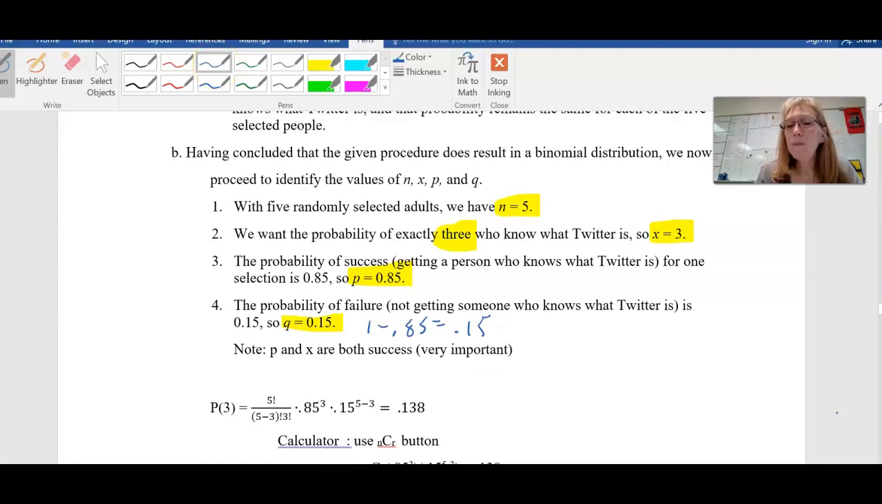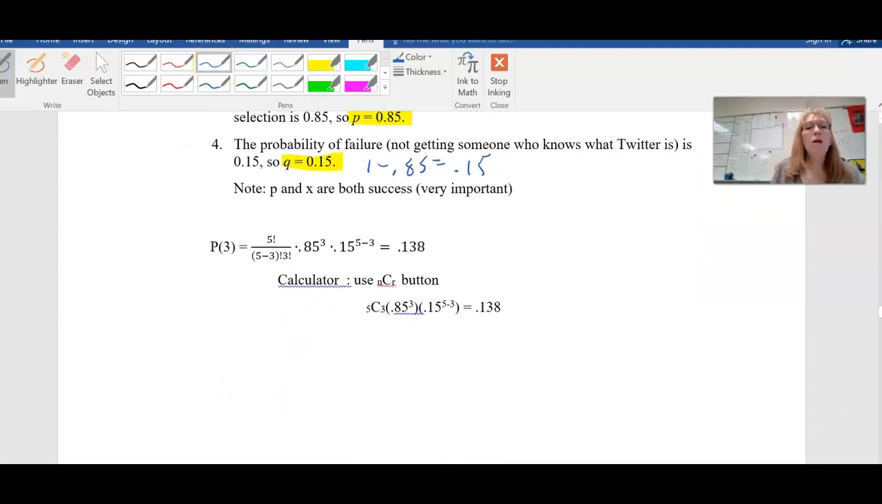Now, our formula. I'll show you how it works, but then we'll do it with a calculator, much easier. It's 5 factorial over 5 minus 3 factorial times 3 factorial. If you recognize this, this is our combination. So how many different ways can I have these people is what this is. I want 3 of the success. So this is the probability of success, and I want 3 of them. How many times? 0.15 is failure,